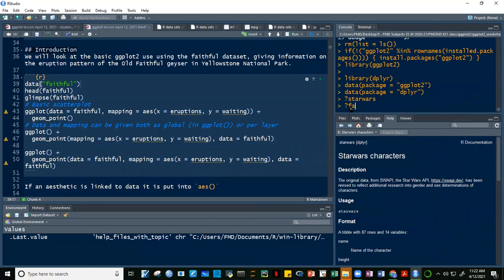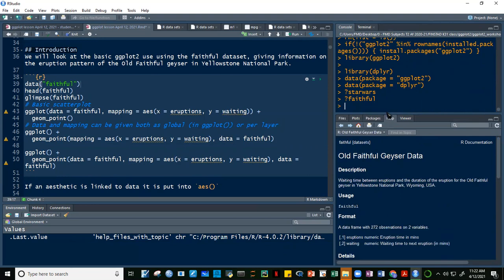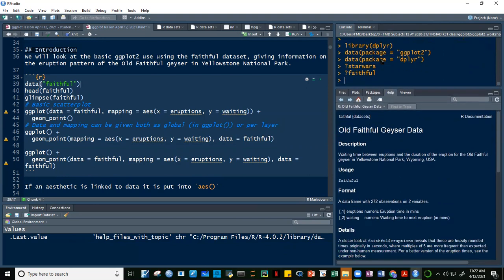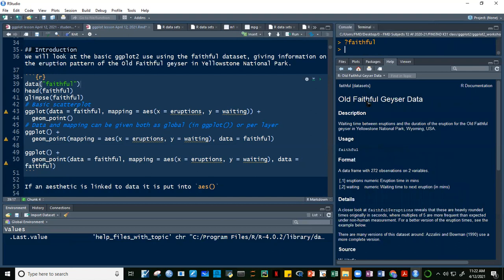Since gagamitin natin siya, i-help natin faithful. So question mark sa console na lang, guys, para hindi na ma-model yung script window. Okay, ano ba laman itong faithful na data set na to? So this is coming from, galing din siya sa data sets, no? So there's a package also called data sets. Pero nasa ggplot 2 din siya. So it's coming from